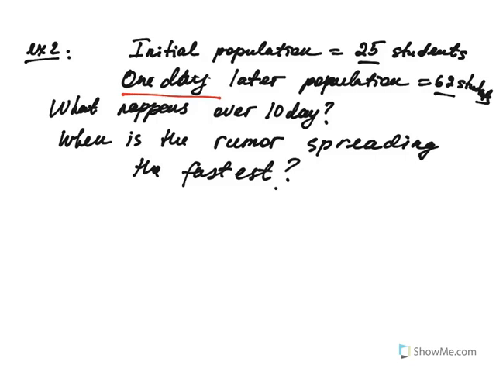So what happens over 10 days? And then the second question is, when is the rumor spreading the fastest? Well, first of all, write the differential equation that describes this situation. So dP/dt, rate equals